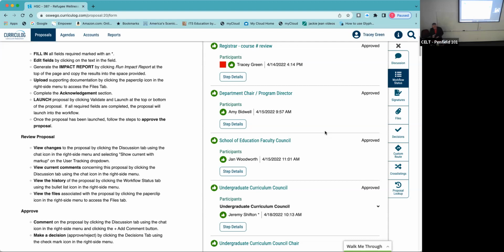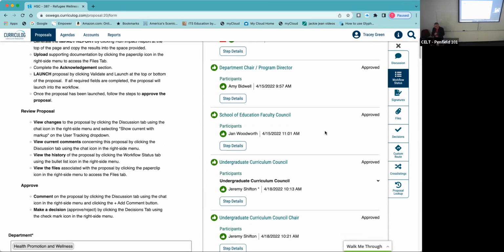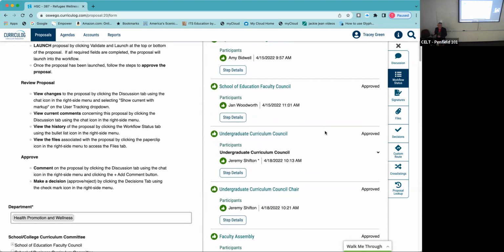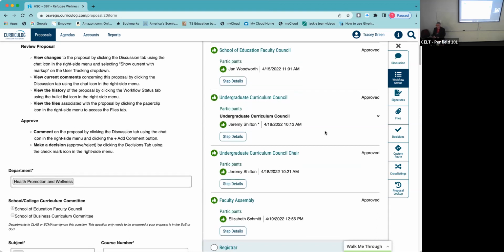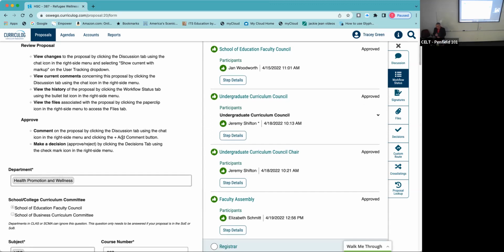So to explain this, you can see School of Education Faculty Council is articulated in this context. You have to understand this HSC is in School of Ed. So in their case, they need their courses to first go through this particular council, which is great. Curriculog is well tooled to enable us to conditionally identify this. If the course was a liberal arts and sciences course, they would never go to this particular council. So they got to see it, they approved it, and the next step for it, as you can see, is